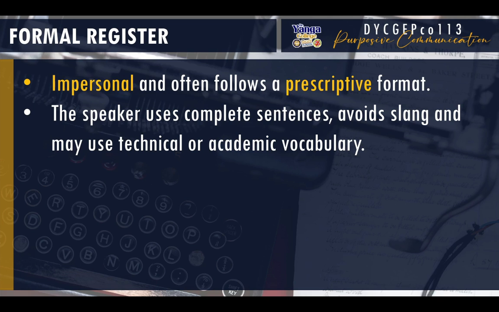Okay, standard talaga. You know, like when we discussed world Englishes, diba sabi natin, despite the existence of different versions of English across the globe, we follow a standard English. So, parang ganun to, yung formal register. Okay? That we write and we speak in complete sentences, we avoid slang or informal words, yung colloquialism, sinasabi natin before, and we can use technical or academic vocabulary, meaning specific words, educated words. Okay?